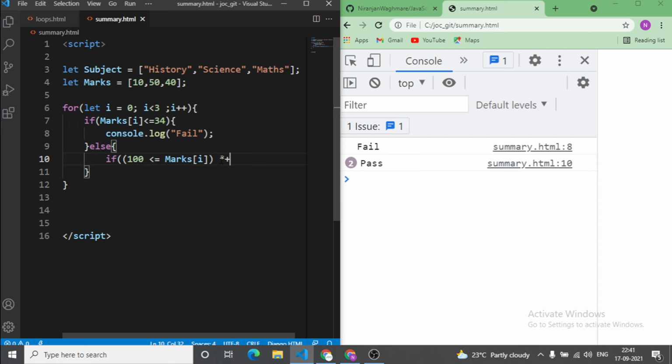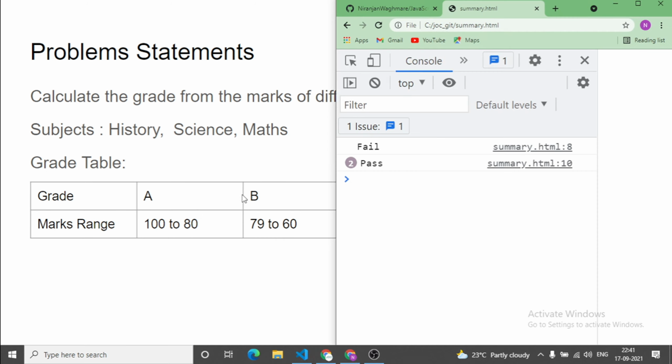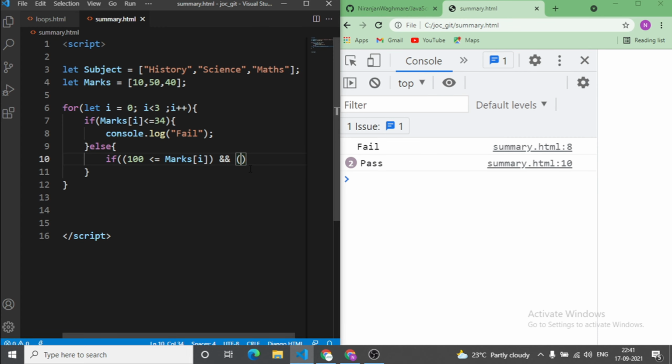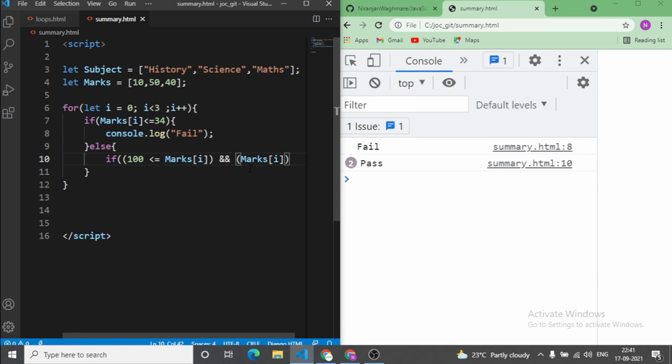and so if you are in doubt what this is, you could watch the operators video which is there in this tutorial series. That will clear your doubts. All right. So marks of i, if it is greater than or equal to 80,